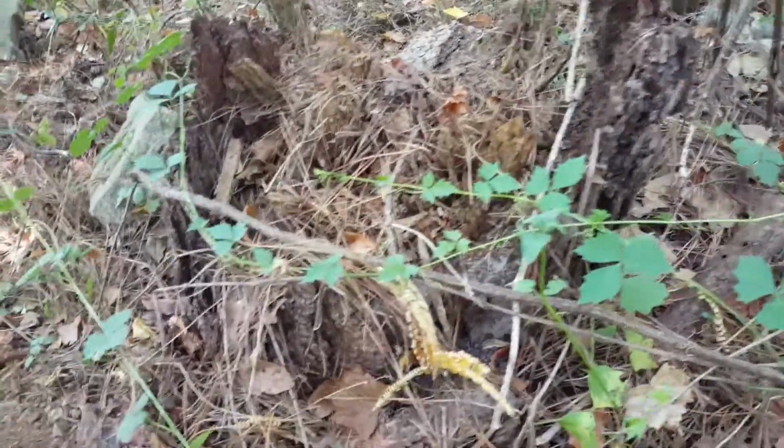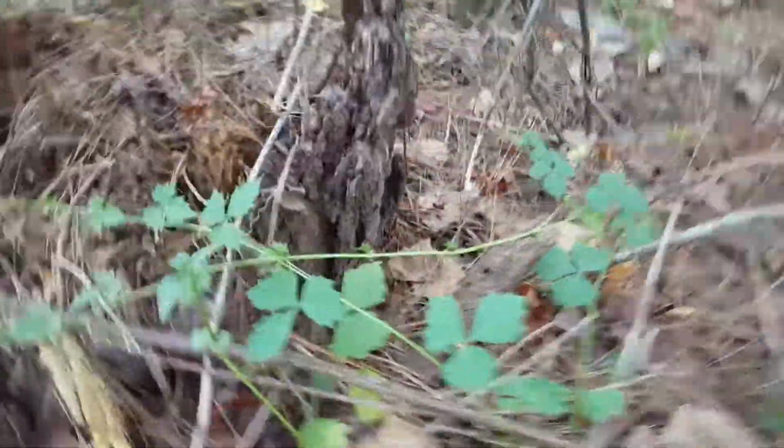Okay, this is the stump, what's left of it. It's rotted out. I do see wood right here, right in the middle, that I'm going to look at, and I'm going to take all of this bark from around this old stump and see if there's anything that's worthwhile